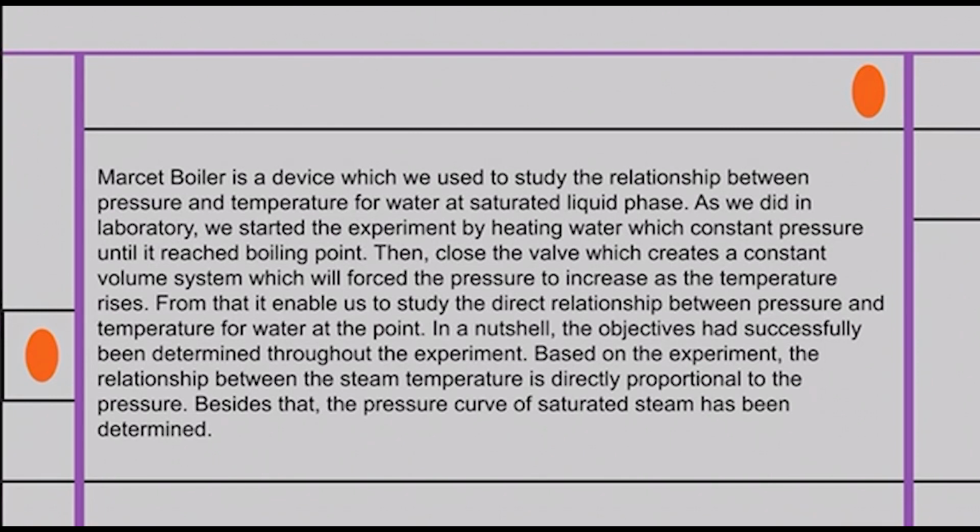As a result, we can investigate the direct relationship between water pressure and temperature. In a word, the experiment objective has been achieved successfully. According to the result of the experiment, the steam temperature is directly proportional to the pressure. Aside from that, the saturated steam pressure curve has